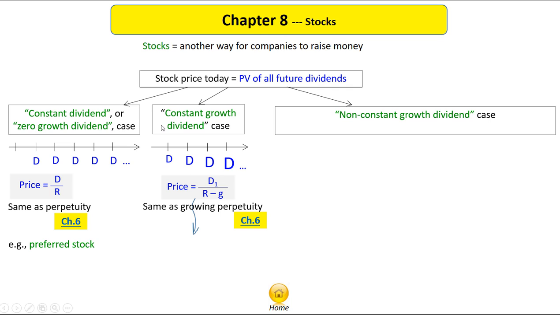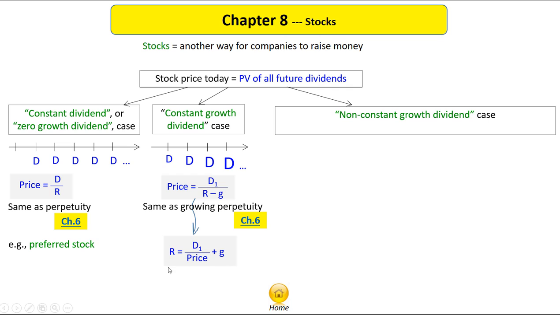Then we treat this constant growth dividend case as the most common, real life case, pattern of dividends for a company that's getting larger, more profitable, and is able to increase how much money it pays in dividends per share. So we take this price formula and rearrange it to instead solve for the R, the interest rate that you earn every year if you are an investor buying shares of stock